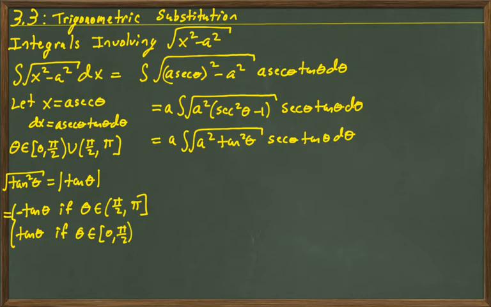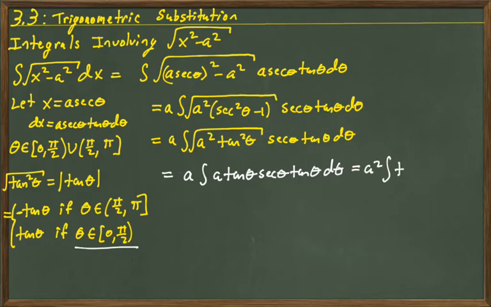Okay, so typically how we're going to use this in our examples is we'll just assume that we're in quadrant 1, so the square root of the tangent squared will just be the tangent. If you're doing an indefinite integral where you're getting into quadrant 2, then sure, you would use the negative tangent variety here. And it doesn't make too much difference in the integral here, where one's going to end up being a negative and the other a positive of each other for this indefinite case. So we're going to go ahead and operate under our theta between 0 and pi over 2. So this gives us an integral of a tangent of theta, secant of theta times the tangent of theta d theta,